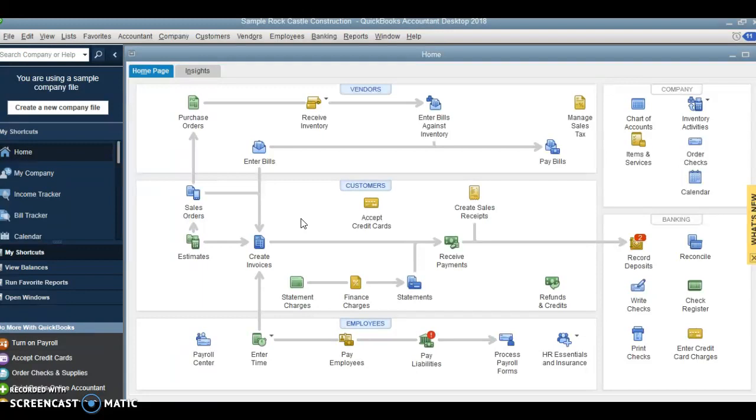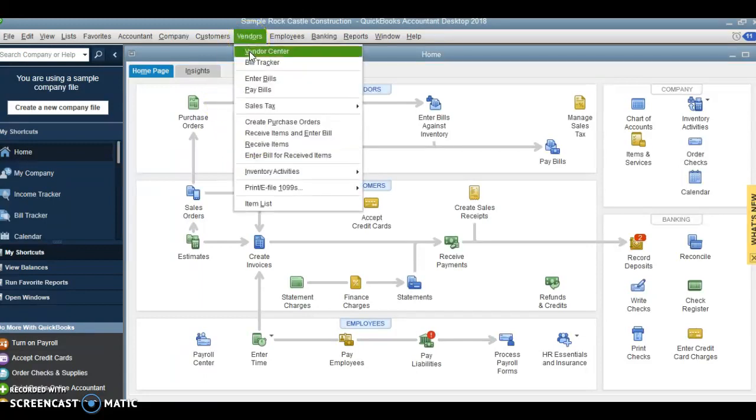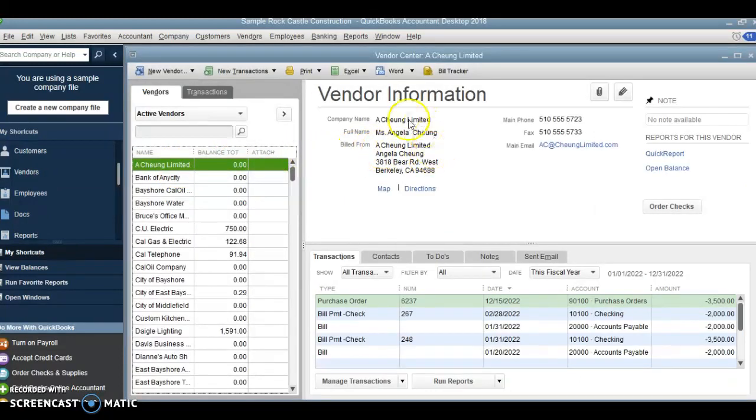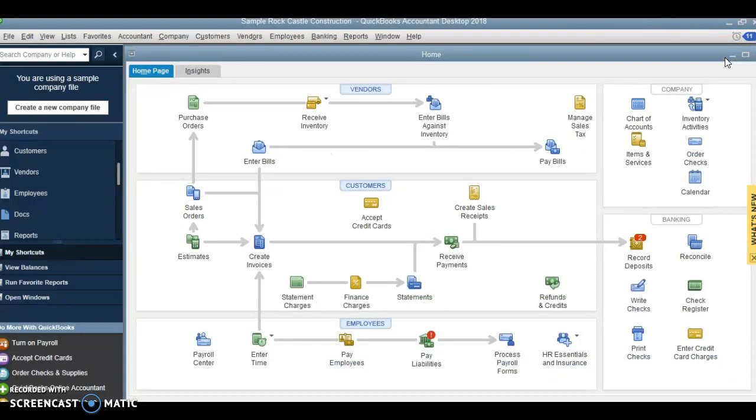In QuickBooks, you'll find that there's more than one way to complete a task. There's no single, only-you-can-do-it-this-way. You do have options. For example, I can enter bills here from the home page. I can go up to vendors and enter bills through the Vendor Center. I can go over here to my icon bar and go to vendors, and that brings up my vendor page. I can enter new transactions here if I want to enter a bill there. So as you can see, there's more than one way, or at least 3 different ways, to complete a task